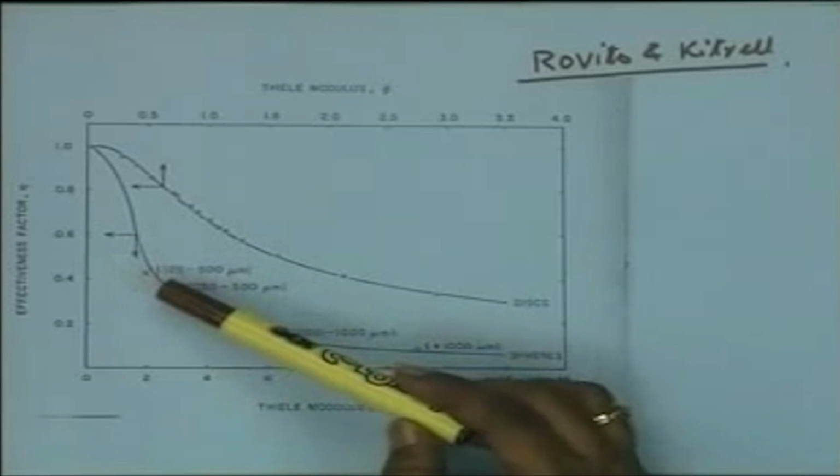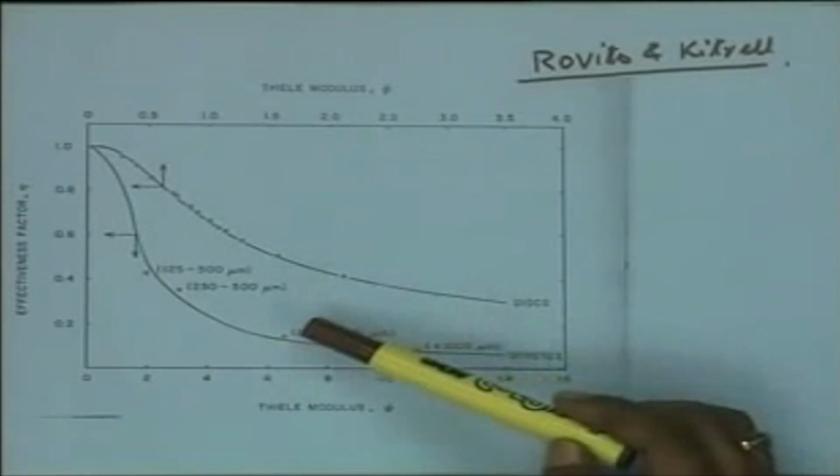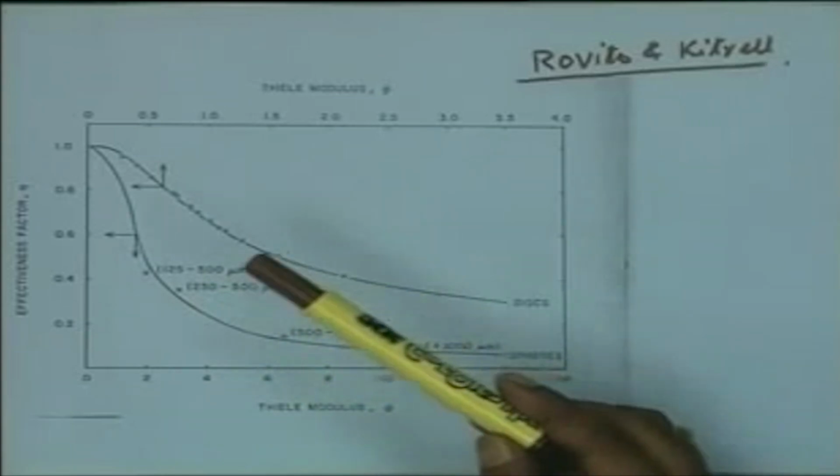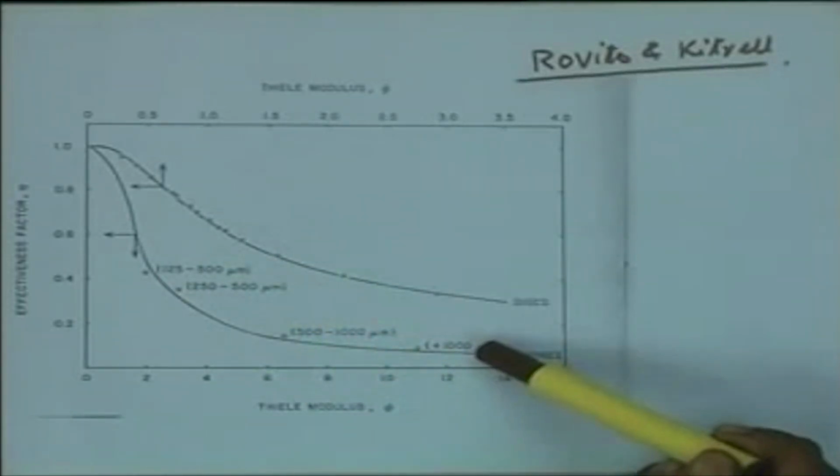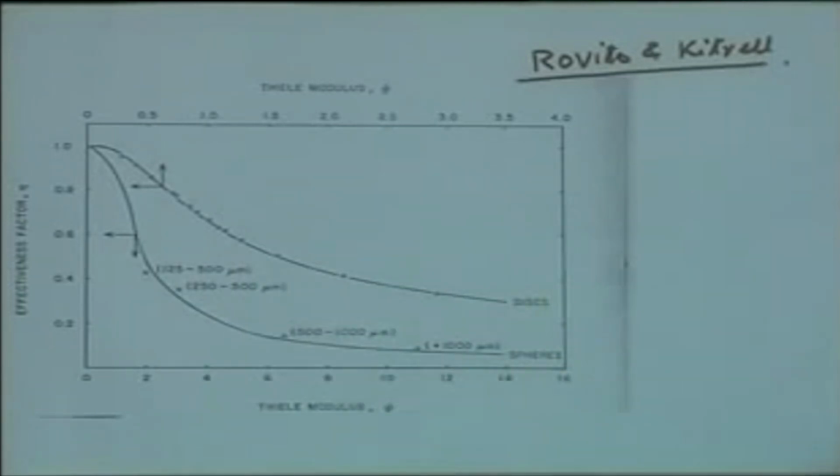And here the data points shown are essentially the experimental data with different particle sizes, from, for example, 120 microns to 1000 microns. In fact, essentially they used controlled pore glass and immobilized glucose oxidase on it and measured the reactor performance with different particle sizes. They obtained the experimental value of the effectiveness factor by taking the ratio of the actual reaction rate for a particular particle diameter divided by the reaction rate at a very small particle size, say 30 microns,